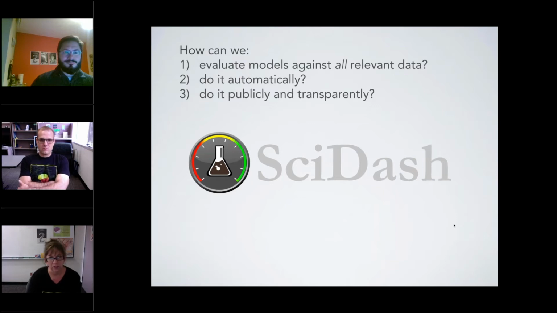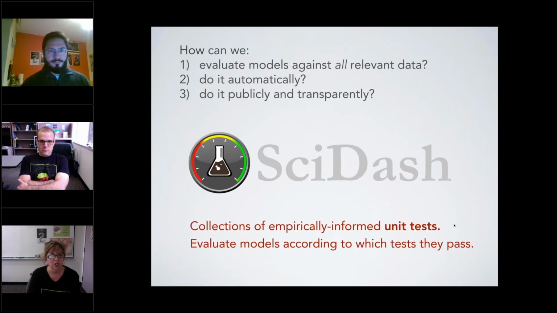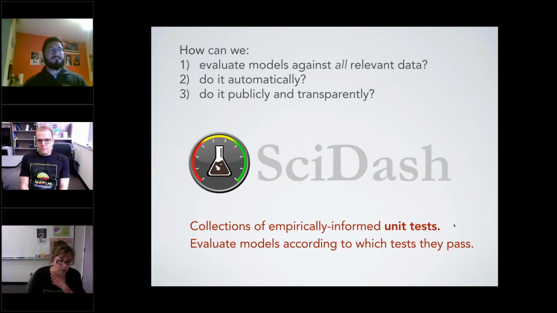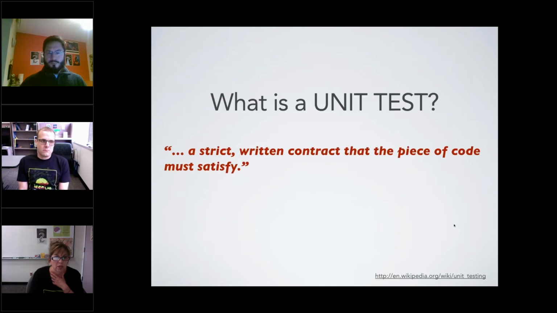Rick is really the head on this project, but it's called SciDash, and the idea is to share collections of empirically informed unit tests, and then to be very clear about how we're evaluating models by saying which tests they pass. And so this idea really comes from basic ideas from software development, where when you're developing software, you want to know,